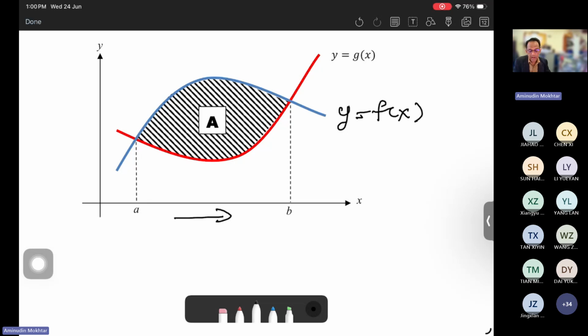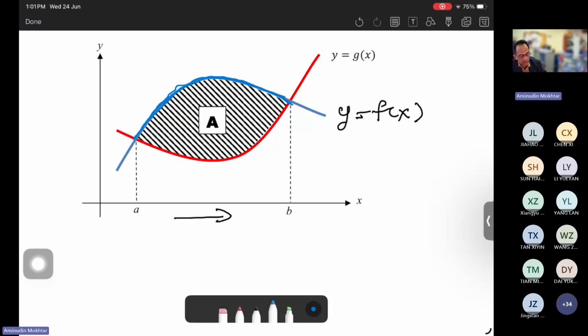We need to identify the upper curve, the function that forms the upper boundary of this area. When we move from A to B, we can see the upper boundary of this area,